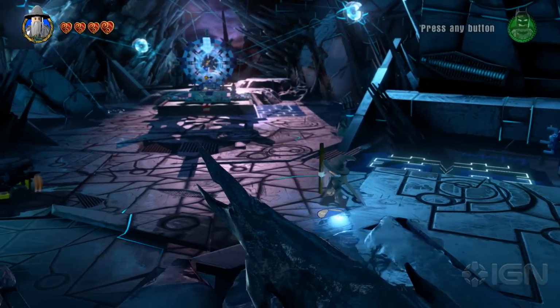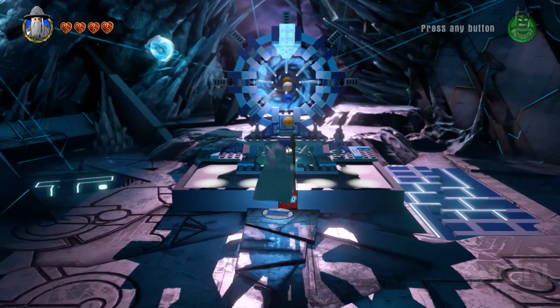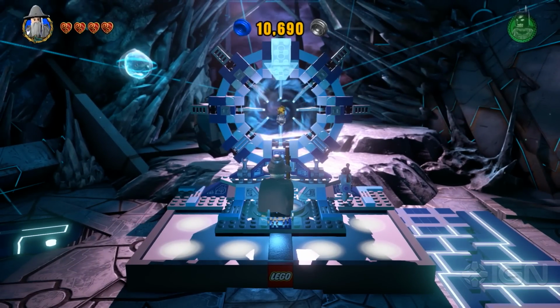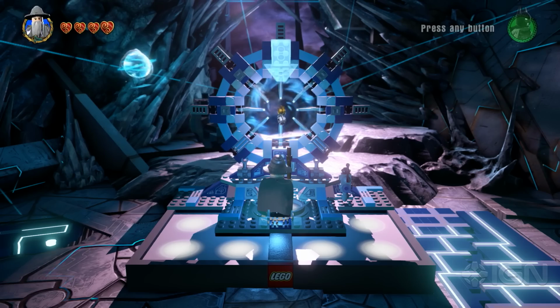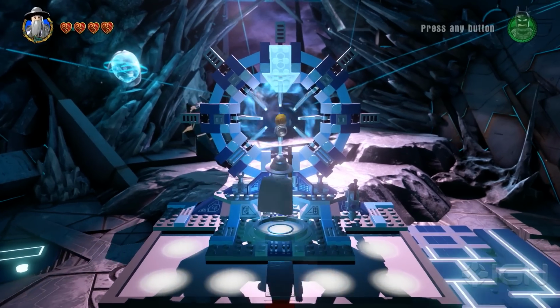All right. So where to next? Well, we are going to jump through the gateway, and that's going to start us out on our journey into the very first chapter of the main campaign, which is Chapter 1, The Wizard of Oz. Awesome. All right. And I think as we travel through there,